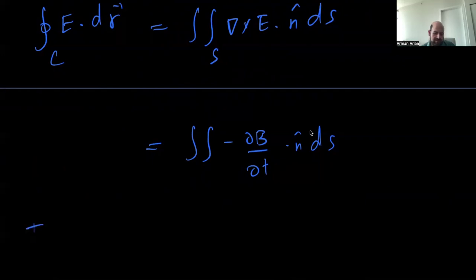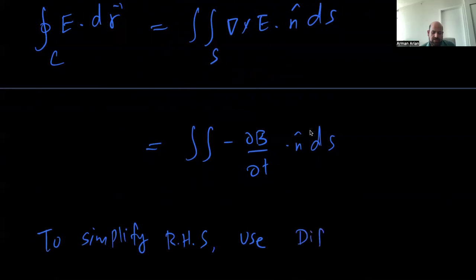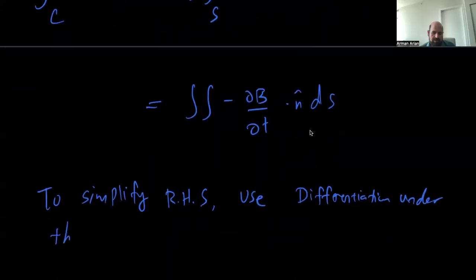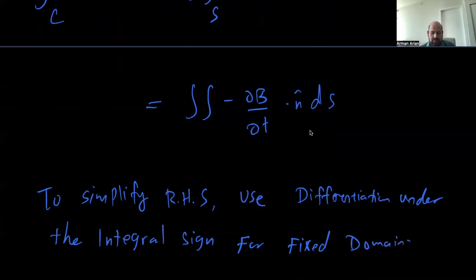To simplify the right-hand side, we use differentiation under the integral sign for fixed domains. The fixed domains theorem says: